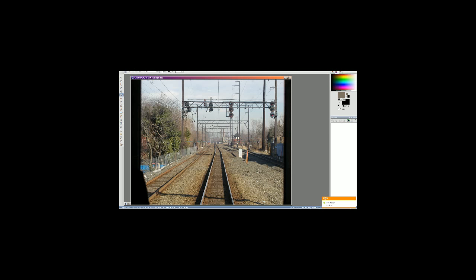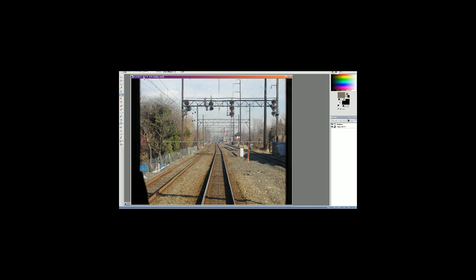Oh, here's a scene you don't see anymore. It's CP Newtown Junction. Again, very old school. The Reading Railroad was very much USNS in a lot of ways. They really liked the TR-like circular tri-lights. And that's really what I want to feature in this photo. That signal bridge right there is just